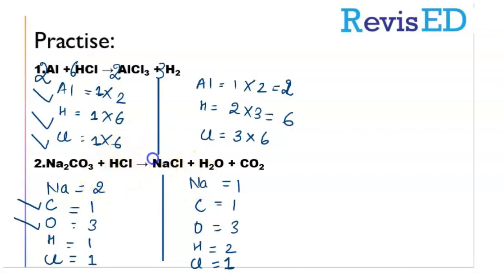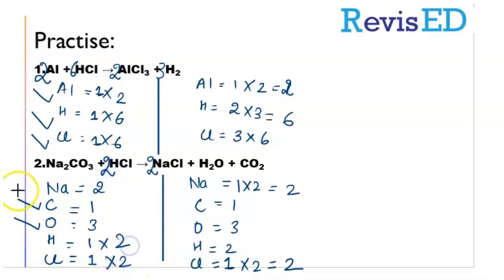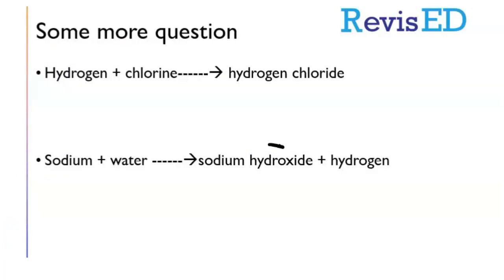If first I multiply it by 2, see there is 2, so it is getting multiplied by 2 and it is balanced, but chlorine is also getting multiplied by 2, right? If I multiply by this 2 also, then it is multiplied by 2 and this is also multiplied by 2. It means my sodium, carbon, oxygen, hydrogen, chlorine all are balanced, right? Now take some more examples, right?